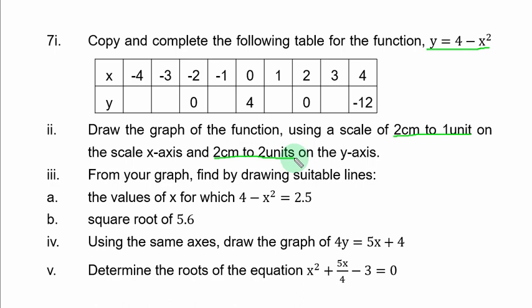Roman figure 3, from your graph, find by drawing suitable lines, A, the values of s for which 4 minus s squared is equal to 2.5. You should use the graph to solve the equation 4 minus s squared equals 2.5. B, part of Roman figure 3. Find the square root of